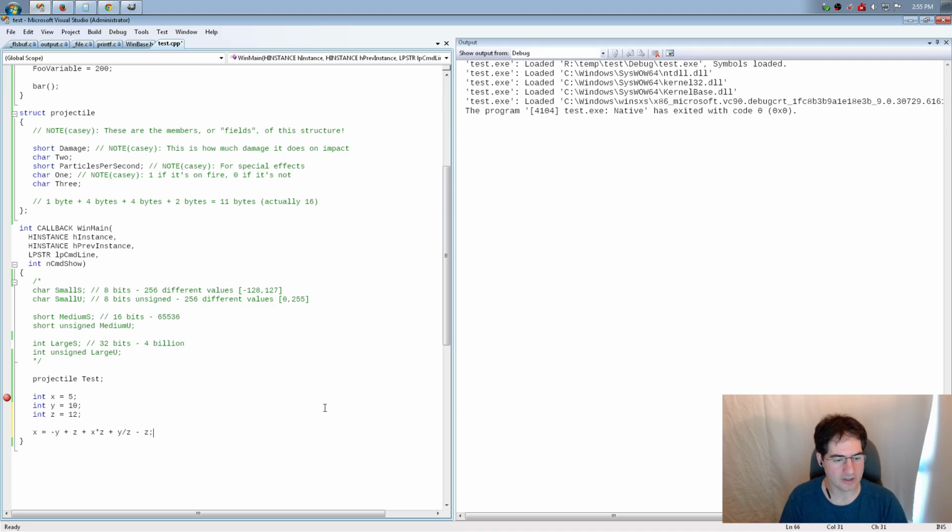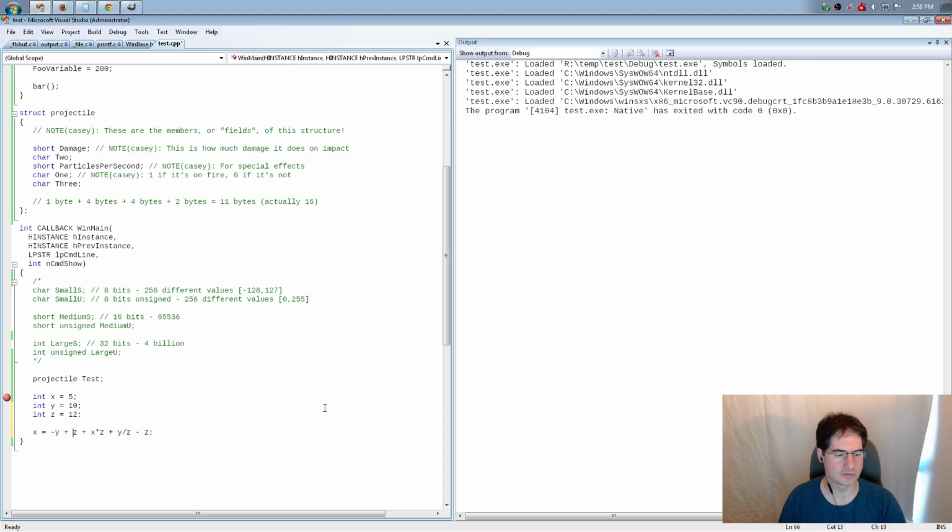Things that you can't do is power of. So for example, if I wanted to say x to the second power, that is not what that would mean, because that is not an operation that was built into C. Instead, you have to call a function to do that. There is a function called pow, which we'll cover maybe later, that's in the C runtime library if you wanted to do that. But that's a separate issue. So you can put most math operators in there, and they work how you would expect. Star is times instead of x, because x would be a variable name. So they use star for times, just like most computer things, and they use slash for divide.